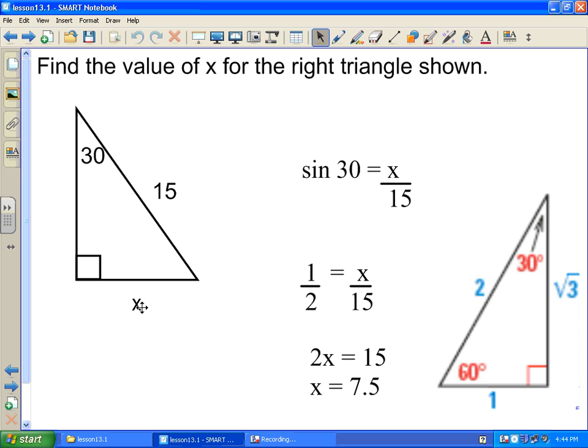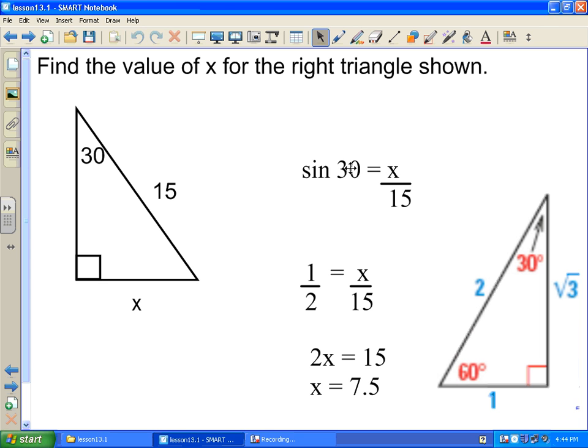One is I could write a trigonometric equation. I could say the sine of this angle, the sine of 30 degrees, equals opposite over hypotenuse. Sine 30 equals x over 15. Now right now in this equation there really is only one unknown, x, because I should know that the sine